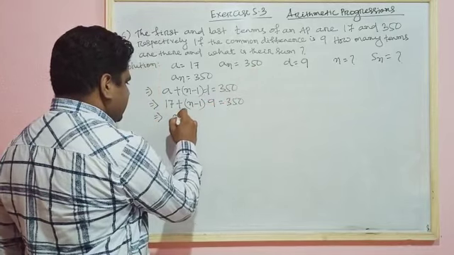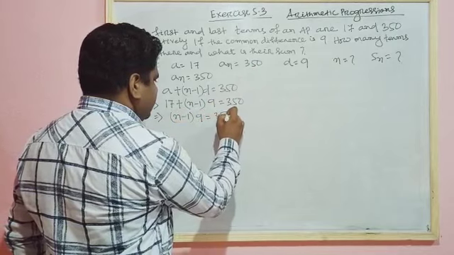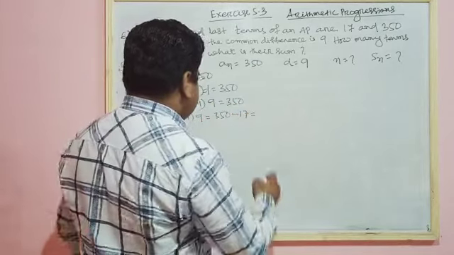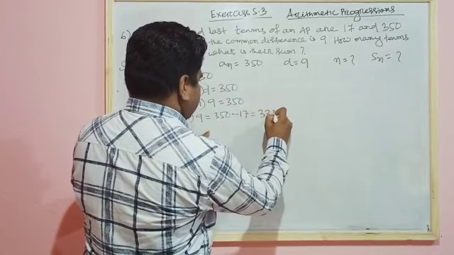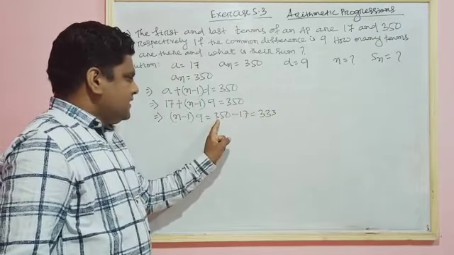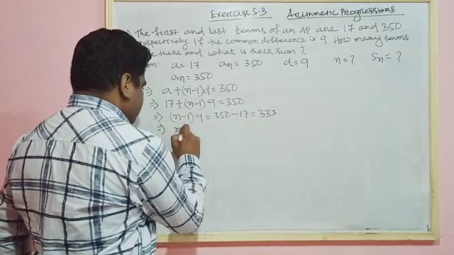So this implies that (n minus 1) into 9 equals 350 minus 17. 350 minus 17 is 333. 50 minus 17 is 33 and 3 is 3 here. So n minus 1 equal to